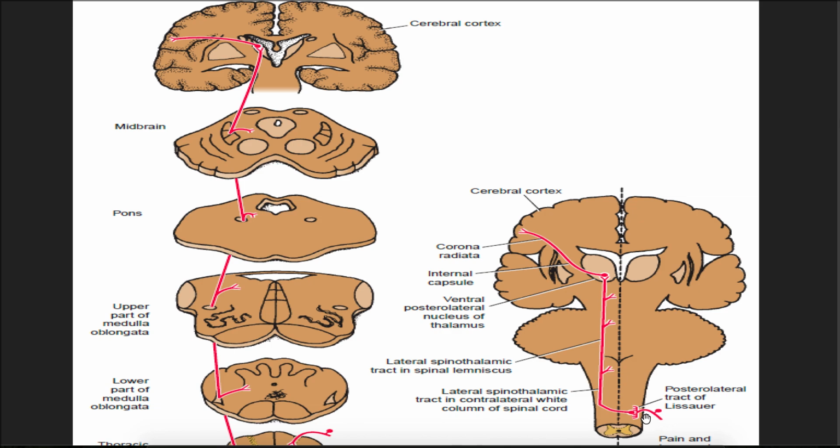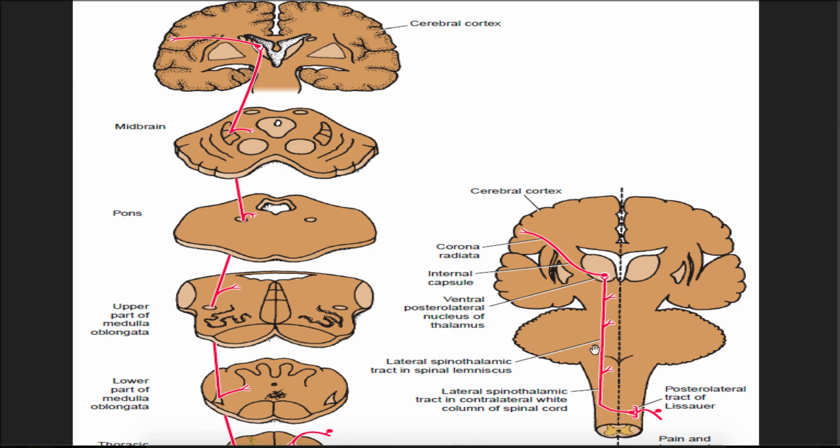So once these fibers enter, some of the fibers will go a few segments above that level, some will go a few segments below, and we call it the posterolateral tract of Lissauer. Then these fibers of pain and temperature will cross to the opposite side and they will ascend as lateral spinothalamic